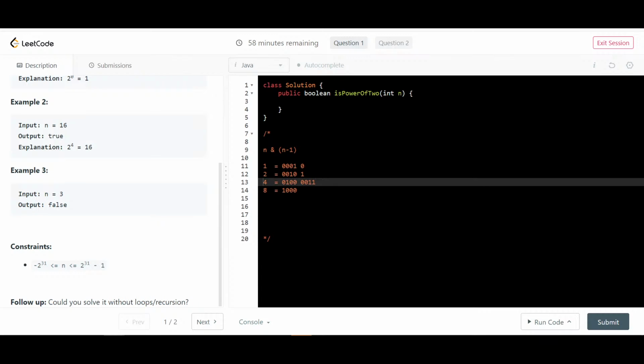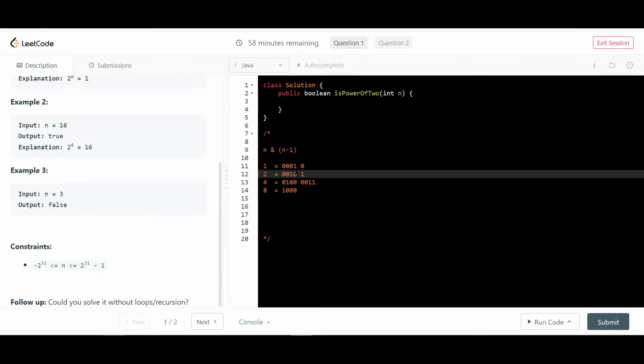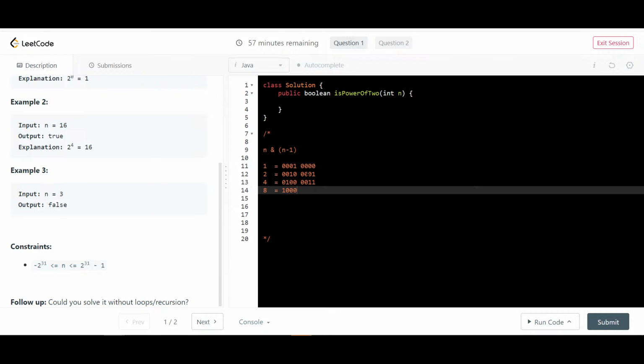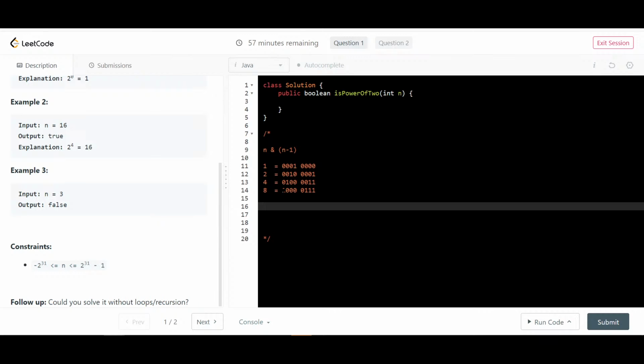Okay, that's 2 full, right? So this is 0, 0, 0, 1, this is 0, 0, 0, 0, and 8 minus 1 is 7, which is 0, 1, 1, 1. So we can see if I AND these two, I will get 0, right? So that way it will end up removing the least significant one